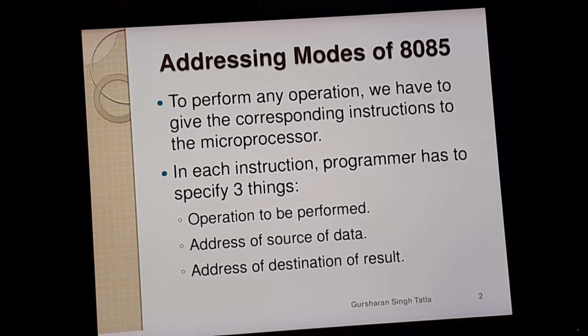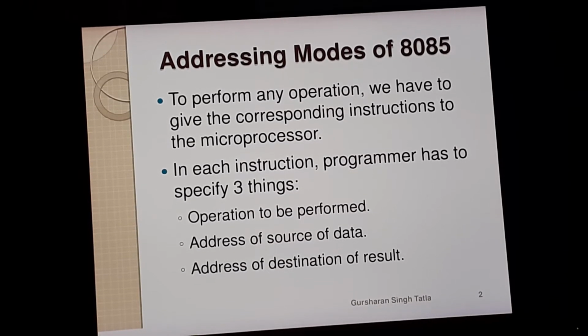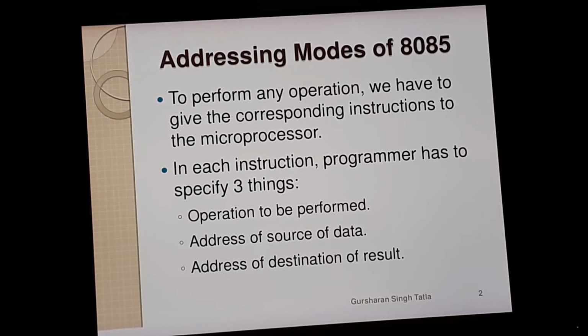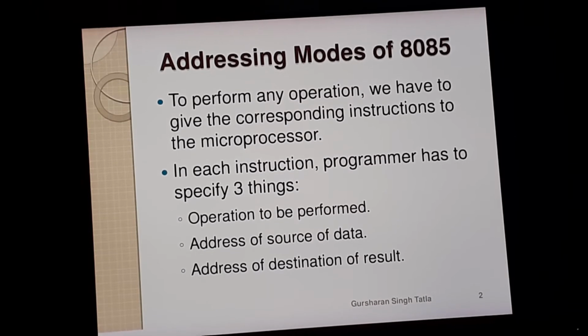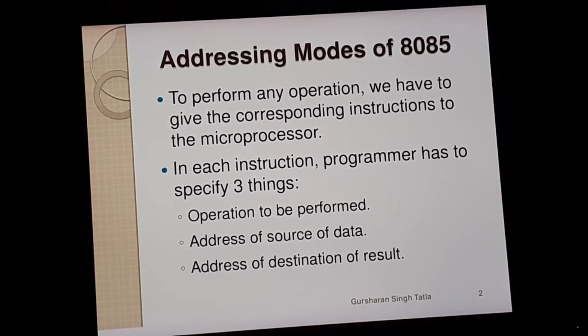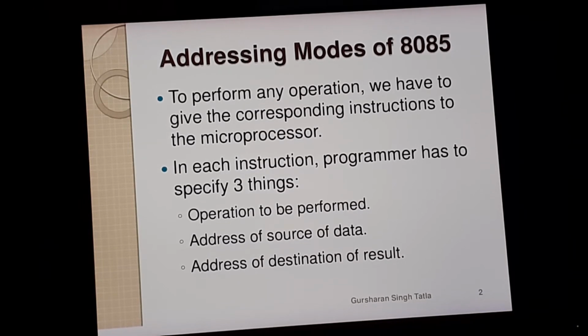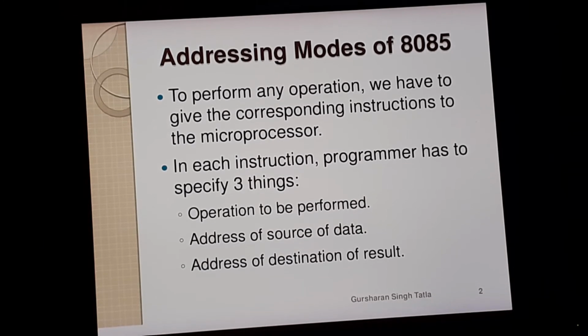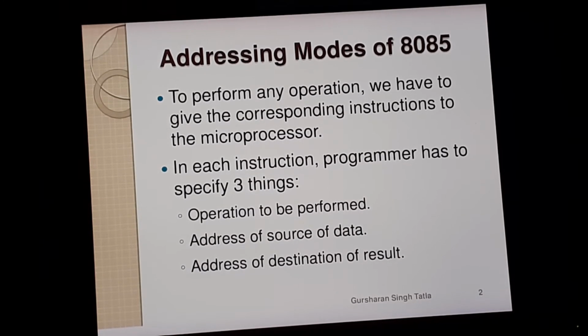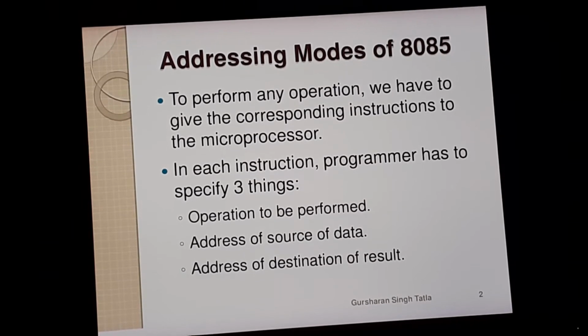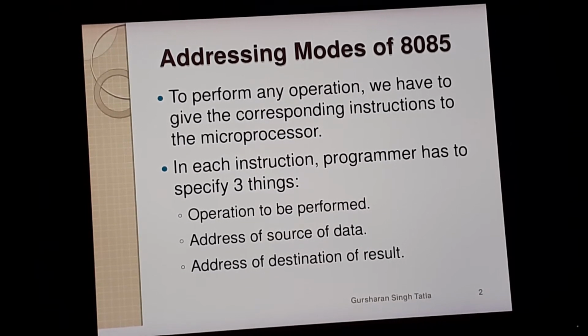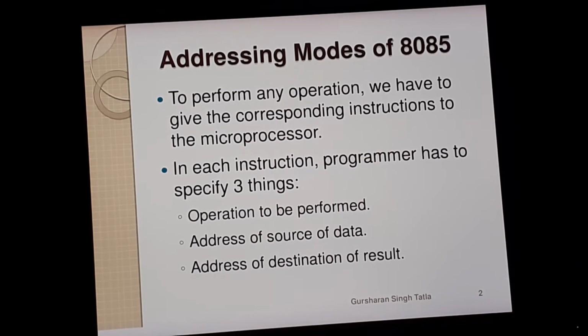So addressing mode of a microprocessor is nothing but the various formats of specifying one of the operands. Operand means an 8-bit value that you store in those instructions, and those operands can be of 8-bit or 16-bit, but while writing you will cut it into 2 halves. If it is 16-bit, you will make it 8 plus 8. The same way we separate the register pair, we'll separate the instruction data, that is the opcode. So the operand can be of 8-bit or 16-bit, an address or register, or it can also be implicit. These are all addressing mode types.